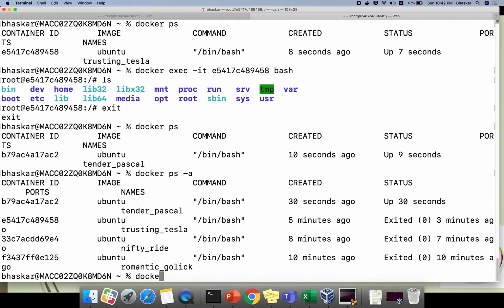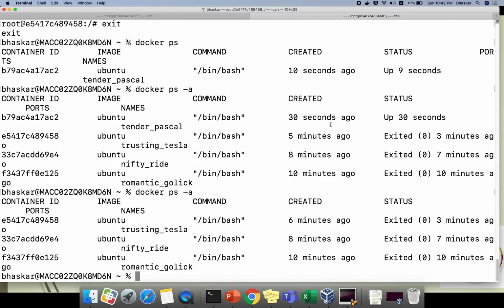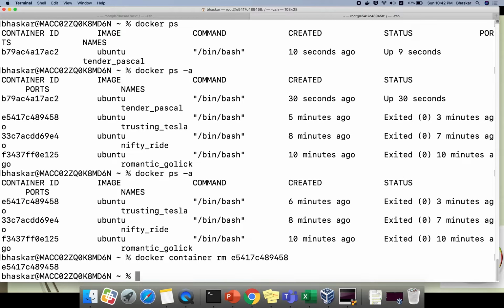If you want to check, just run the command. See, are you able to see any tender here? Previously the tender was there. If you don't use --rm, what will happen? You need to go and remove it yourself. How to remove your container? Docker container rm, and you can give your container id. Your container is removed.